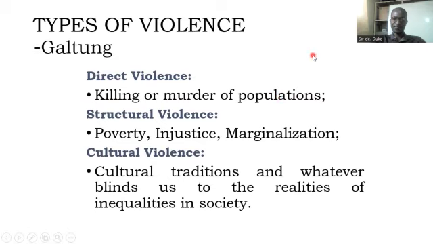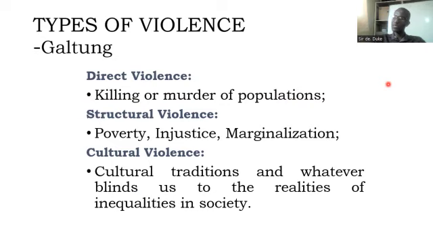When violence is that visible, people shooting each other in a war, people cutting each other's throats with hatchets. That is direct violence. And structural violence is when